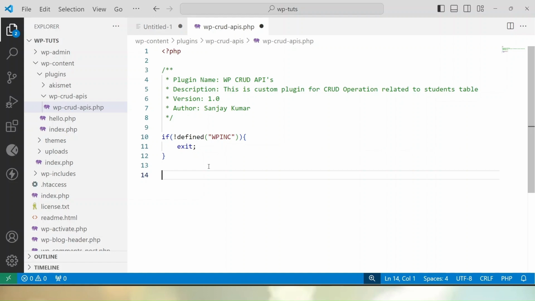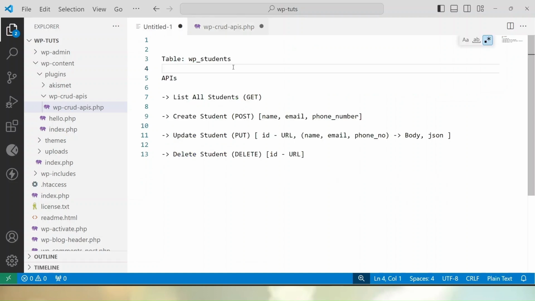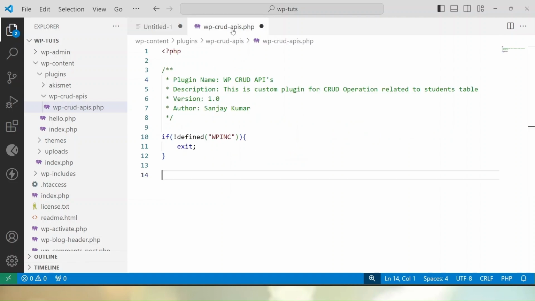Otherwise, what next? First thing first, with the help of this custom WordPress plugin, we want to create our first table called wp_students inside our database. To create this table, I'll use the concept of register activation hook. By using a WordPress function, on plugin activation, we can dynamically create a table inside our database. So here, activation hook,